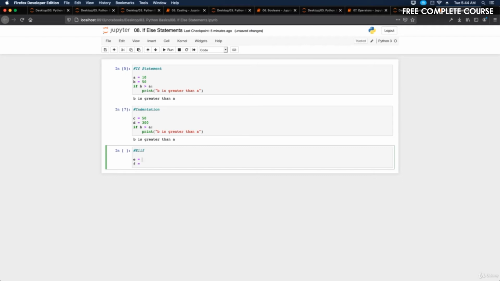That way we're not interfering with the other variables that we've already written. So E will be 400 and F will be 40. Now what we're going to do is write if F is greater than E,